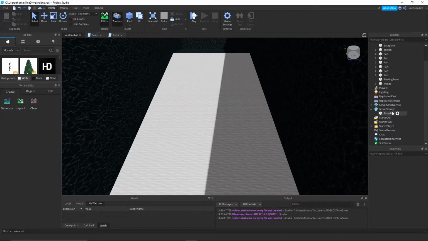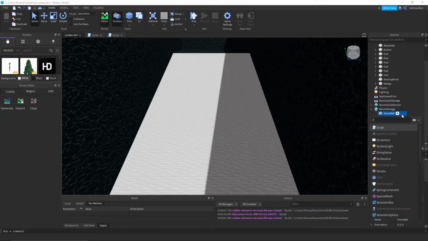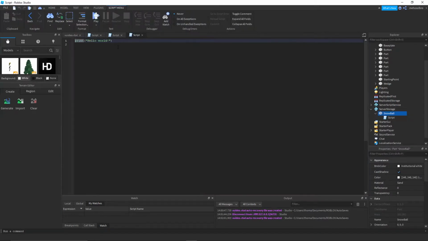So we're going to insert a script in the snowball by clicking that plus sign and inserting script. Now what we're going to put is script.parent.touched:connect(function(part)). So if you haven't seen the previous videos in this series, I don't know if I went over this, or other videos I've covered have gone over what this does,